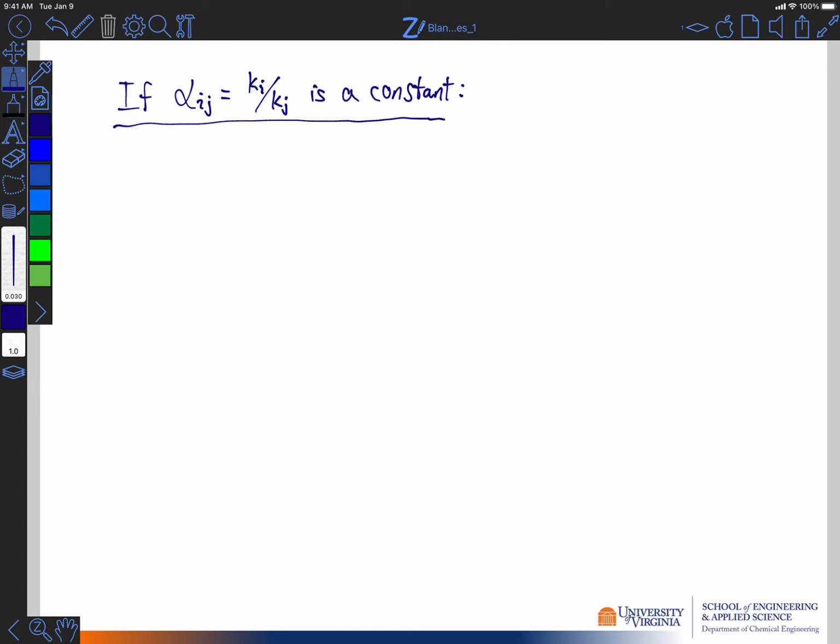So right away we see that if alpha ij is a constant, that temperature or pressure dependence divides out, and that immediately makes things much easier for us. And so in this case, if we're doing a bubble point calculation, here we're looking to solve for yi as a function of x. And so for a multi-component system, we'd have a situation